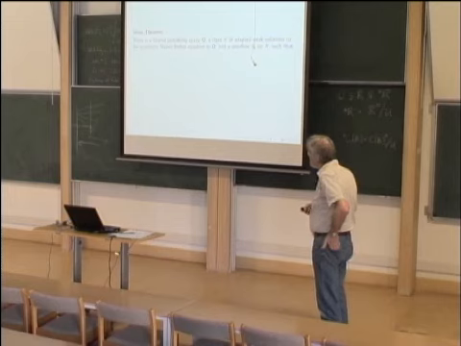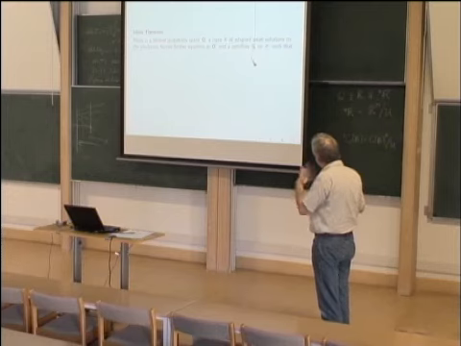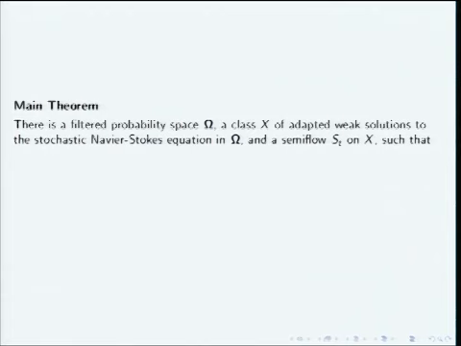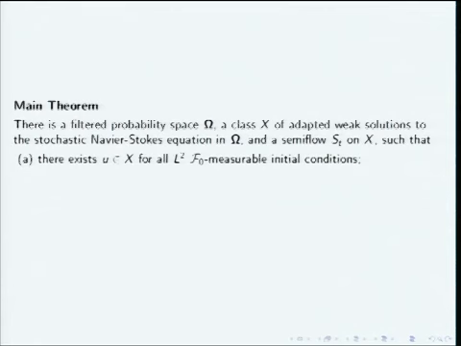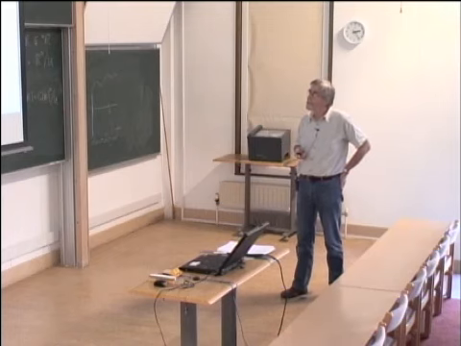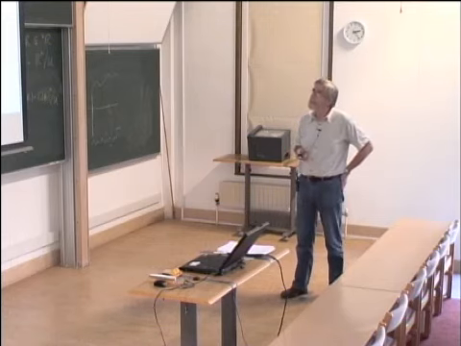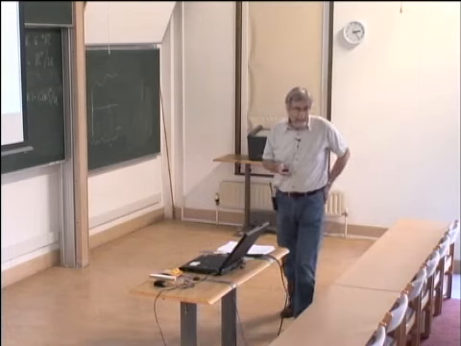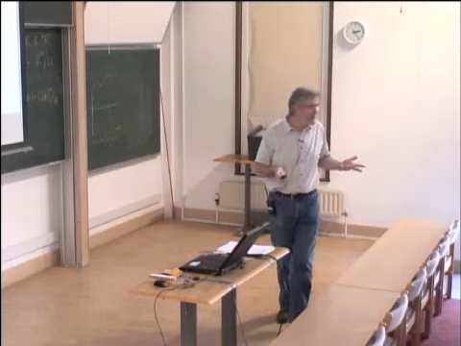So the main theorem, the summary, is that there is a space which I'm going to describe, and there's a class of solutions, and that class of solutions is a big class. It has solutions for any conceivable initial condition. There's a solution with that initial condition in X, so it's a big class, and there's an attractor for this semiflow, and it is actually a neo-attractor. Okay, so now I need to just describe the class of solutions that I'm talking about.